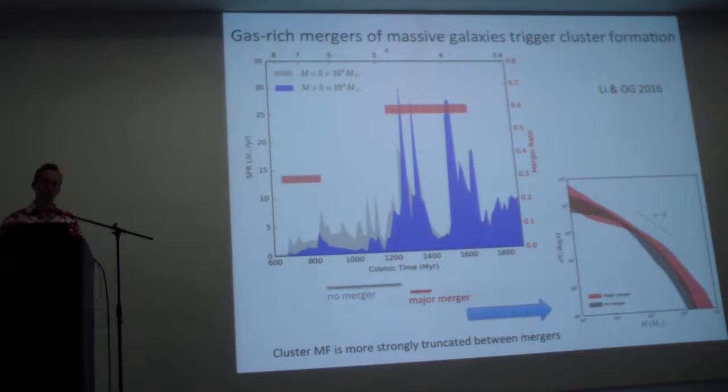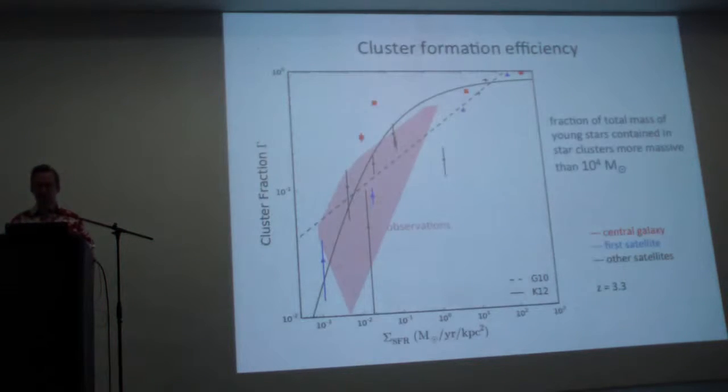We also see that the shape of the mass function is systematically flatter and more power law-like during the merger than between mergers, which is shown by this plot. This red line is a scatter for different times, different realizations during merger, versus the gray line, where it decreases. It's not a dramatic effect, but there's definitely more truncation of maximum cluster mass between mergers and higher cluster masses that we form in mergers. So there is at least some tentative evidence that mergers do promote formation of massive star clusters.